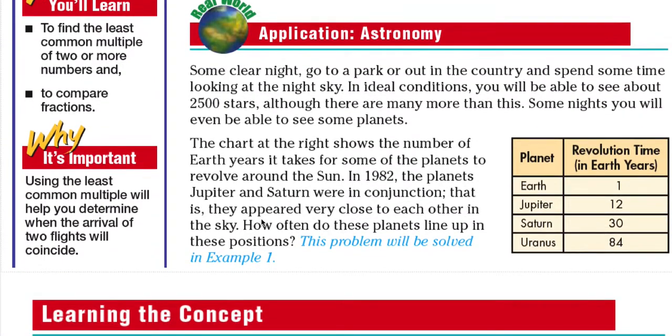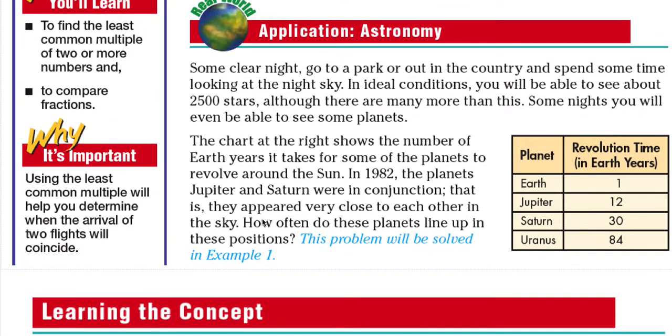Some clear night, go to a park or out in the country and spend some time looking at the night sky. In ideal conditions, you'll be able to see about 2,500 stars. Although there are many more than this, some nights you will even be able to see some planets. The chart at the right shows the number of Earth years it takes for some of the planets to revolve